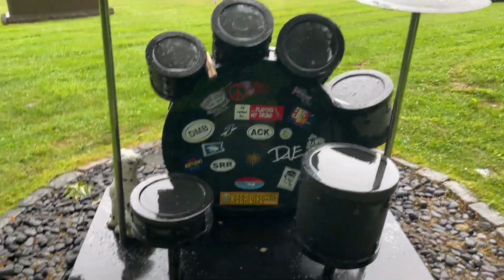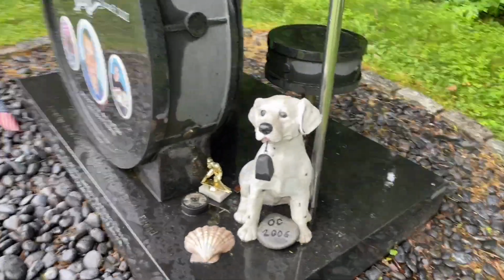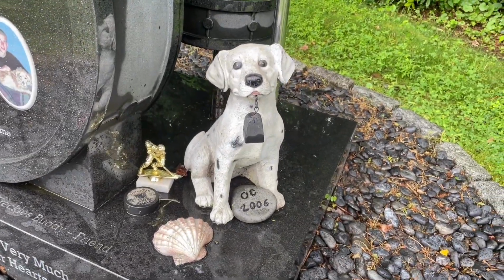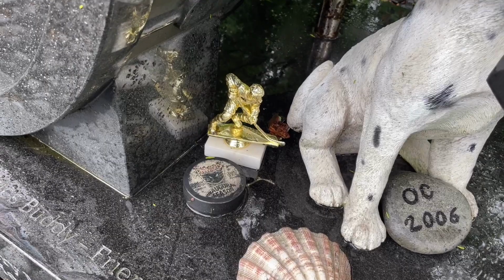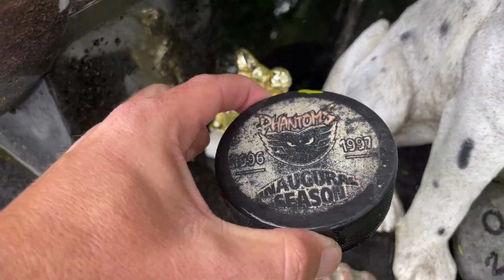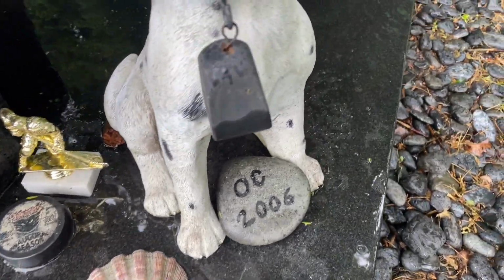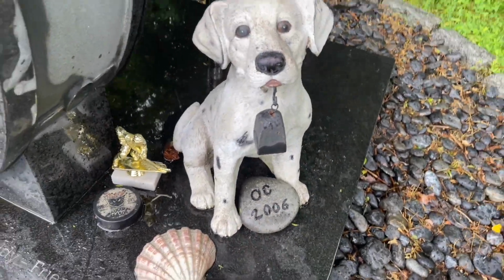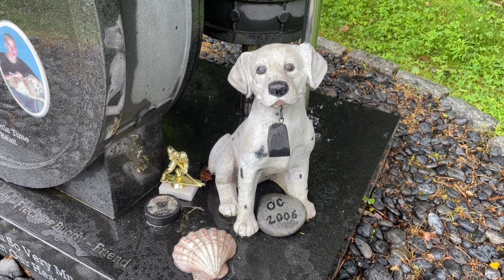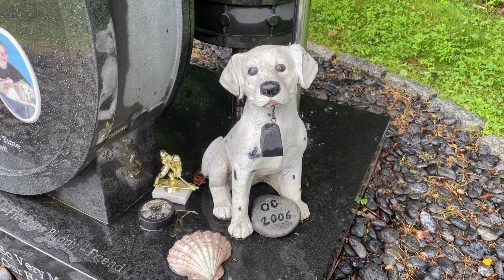He was into surfing. I believe they said he actually had a Dalmatian or a little puppy or something like that. She was telling me, and clearly he was into hockey as well. I guess that's maybe just David's trophy. Doesn't actually have a name on it, but I'm guessing maybe that's David's hockey trophy. There's a Phantoms hockey puck down there, which is really awesome. A seashell. Again, I think he was into surfing. This says OC 2006. Maybe his puppy passed away as well. I don't remember. I remember her saying something about having a puppy, but I don't remember what exactly the story